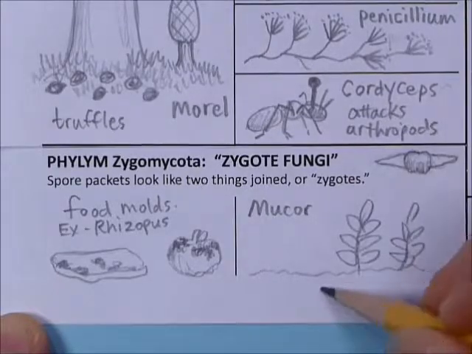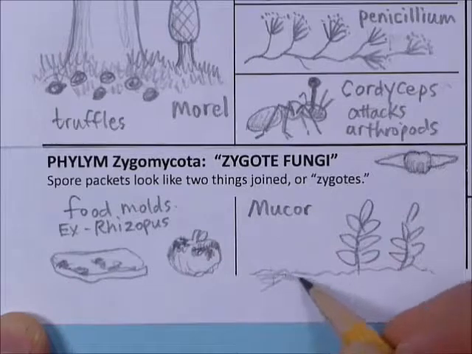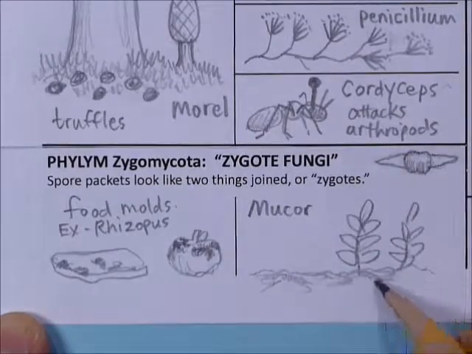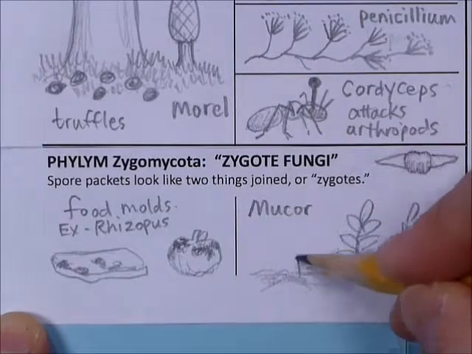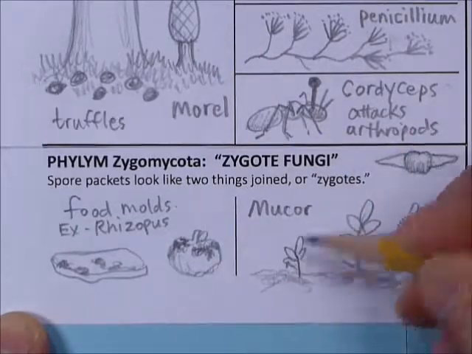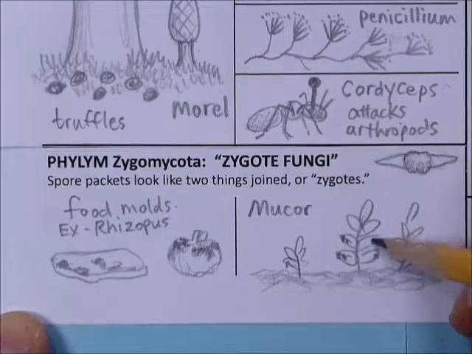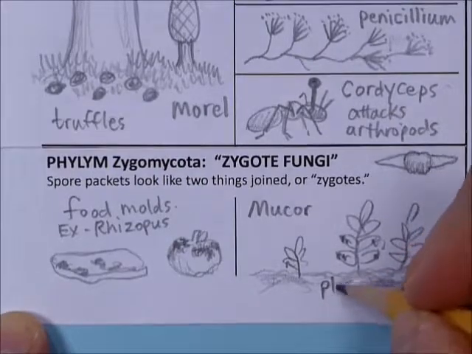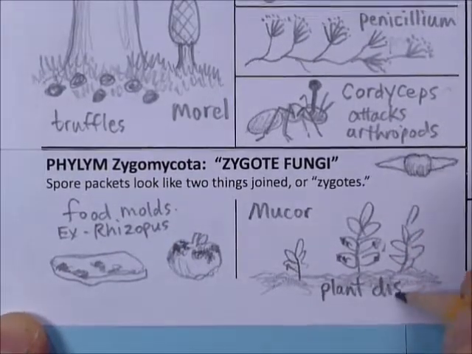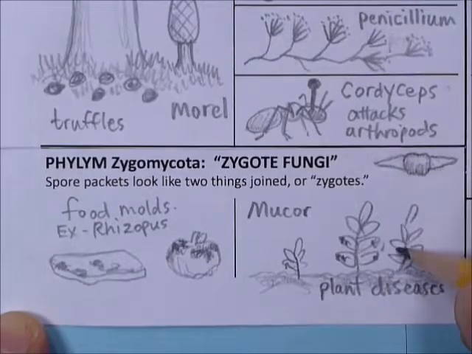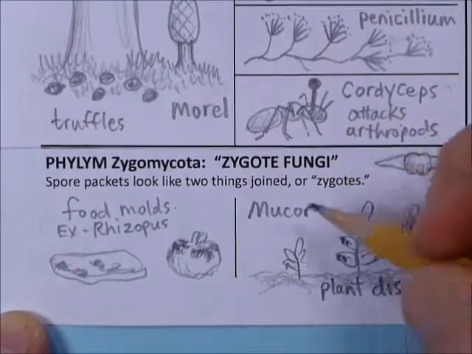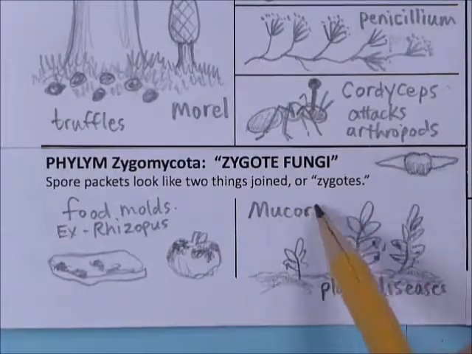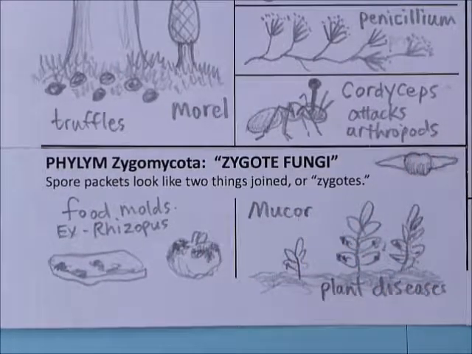So there's all kinds of fungi that attack plants. So here's some more zygomycota plant diseases. Now, not all fungal plant diseases fall into this category, but some of them belong to that branch of